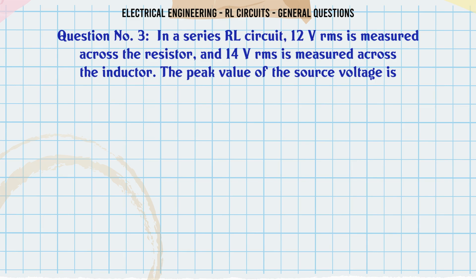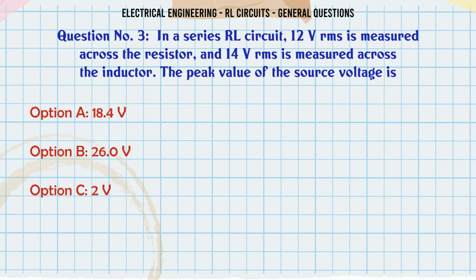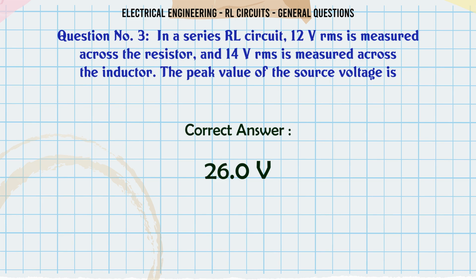In a series RL circuit, 12V RMS is measured across the resistor and 14V RMS is measured across the inductor. The peak value of the source voltage is A. 18.4V, B. 26.0V, C. 2V, D. 20V. The correct answer is